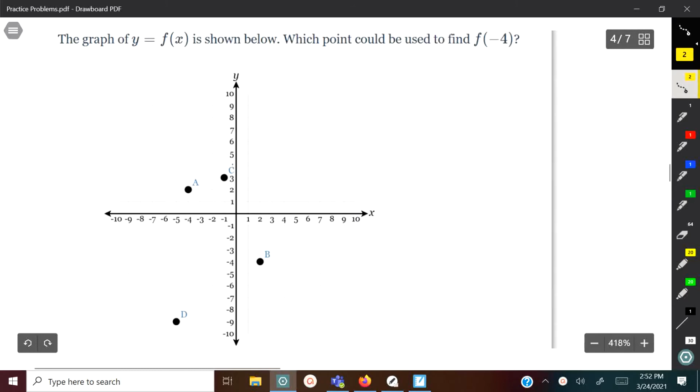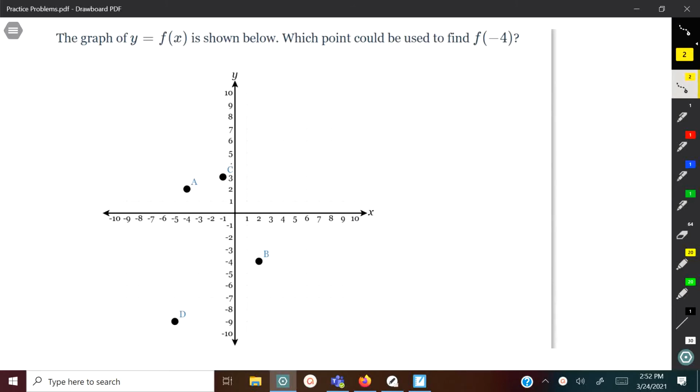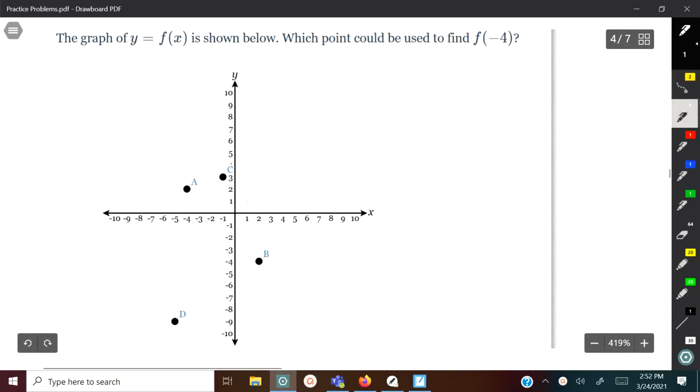Alright, so these are going to be multiple choice, and here it says the graph of y is equal to f of x is shown below. Which point could be used to find f of negative 4? F of negative 4. So in this case here, x is